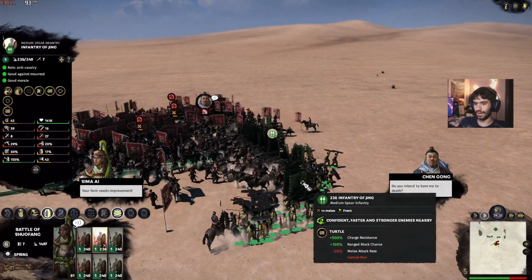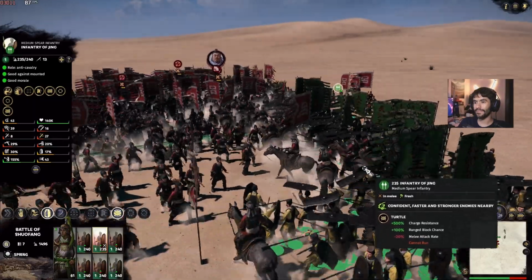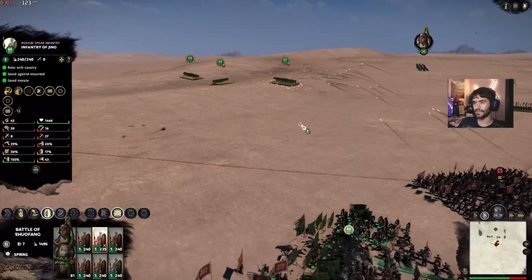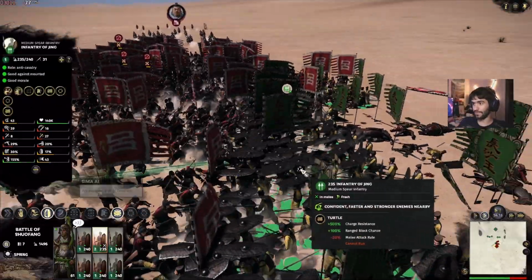Okay, so no, according to the game, I still have the full range block chance and everything. But the AI has stopped firing, I guess. Yeah, they're now ignoring this unit. Hey, but the game still says we have the formation, even though this clearly